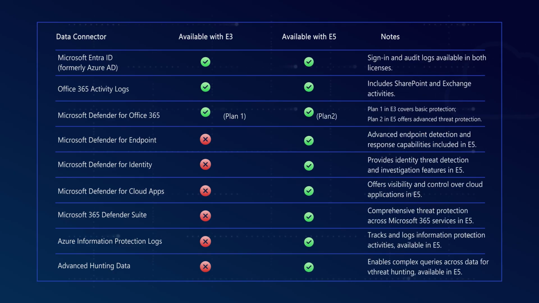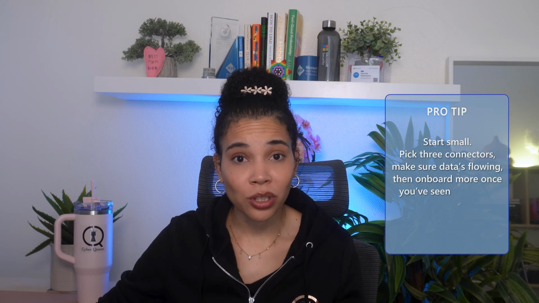So this is Defender for Endpoint, Defender for Identity, Cloud App Security, and you get much richer telemetry like process trees, lateral movement signals, and user risk events. Now, a pro tip when it comes to connecting your data is to make sure that you start small. Pick 3 connectors, make sure that the data is flowing, and then onboard more connectors once you see the